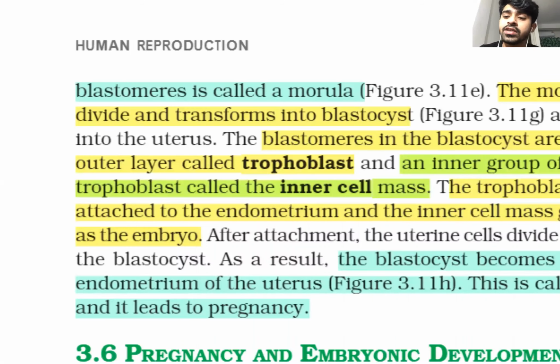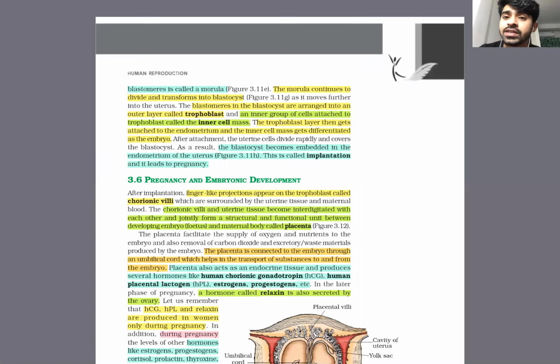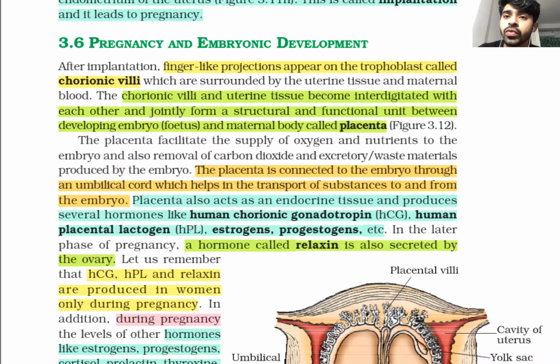Okay, next we are coming back to the NCERT summary. It will help you a lot. I have discussed each and every point, just for your quick review, so that you need not read NCERT on your own. That is, the finger-like projections appear on the trophoblast, chorionic villi. I have already discussed. The uterine tissue becomes interdigitated with them, and jointly the structural functional unit is